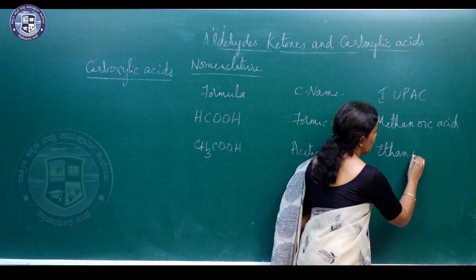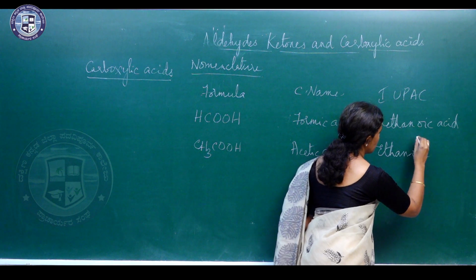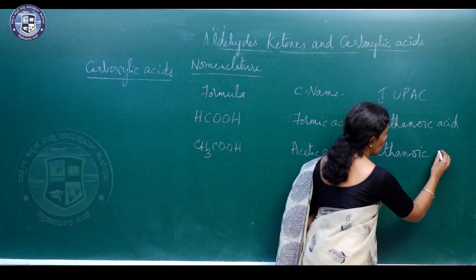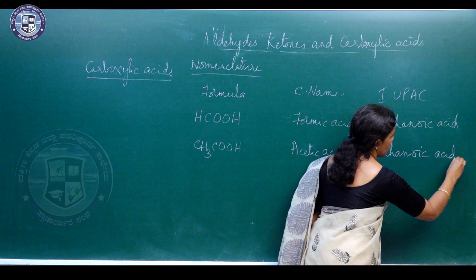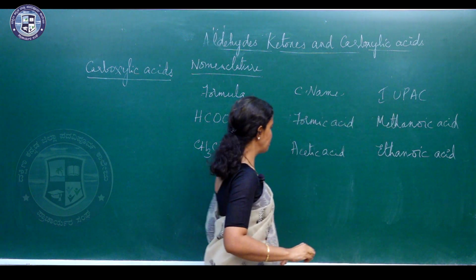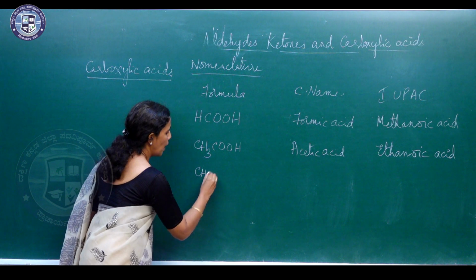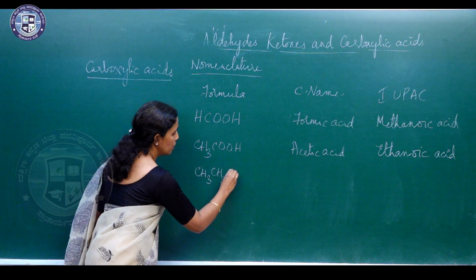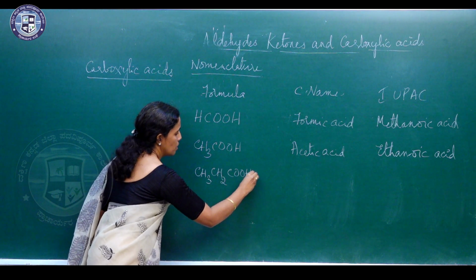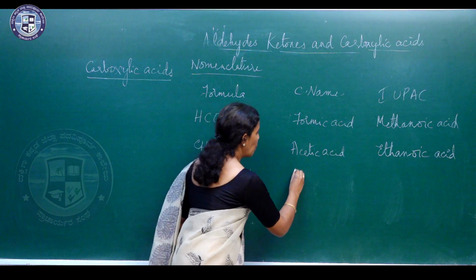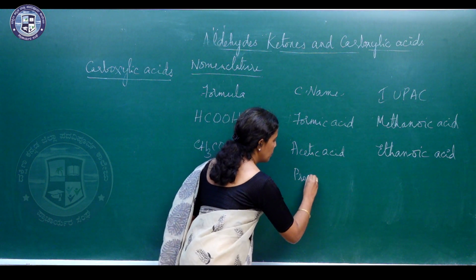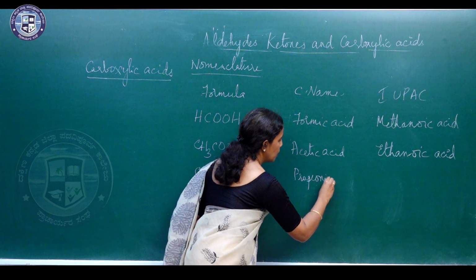E is replaced by oic acid. So, you have to continue with oic, leave a space and write acid. So, the next member is CH3, add another CH2 group to it, COOH. So, this is called as propionic acid. The common name is propionic acid,